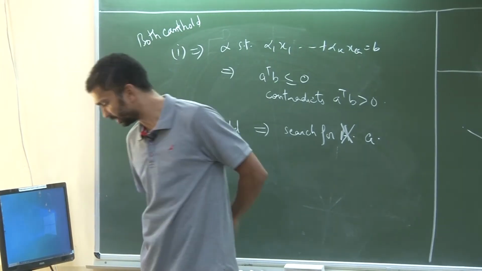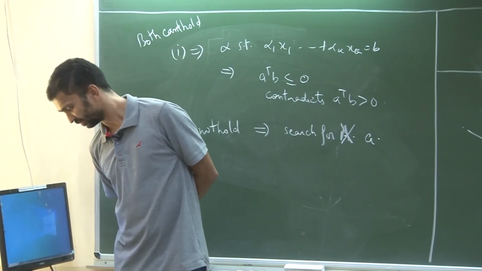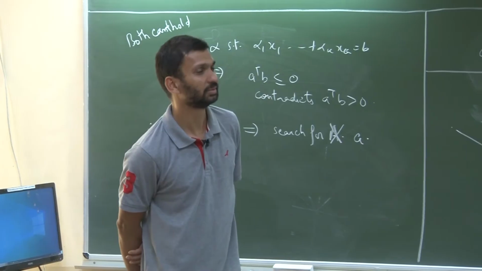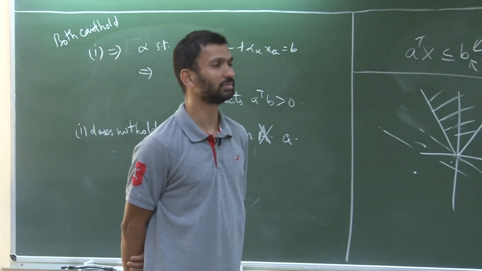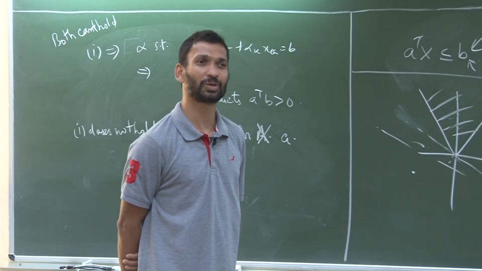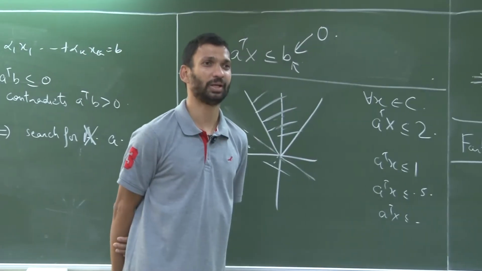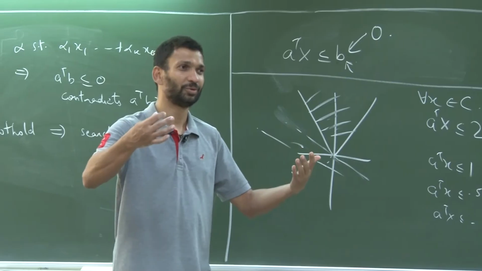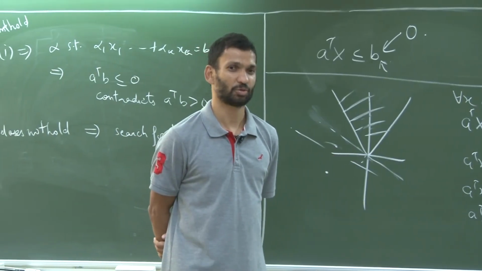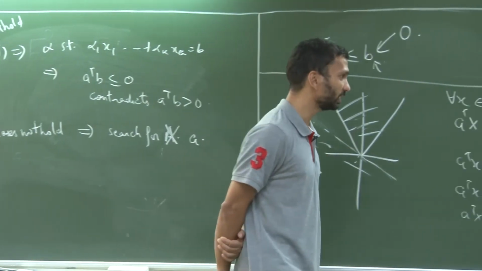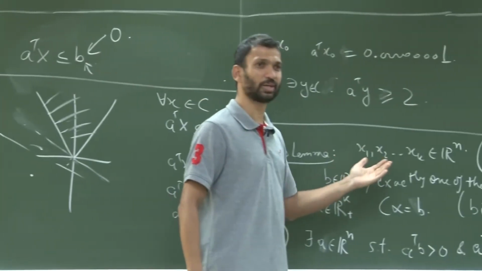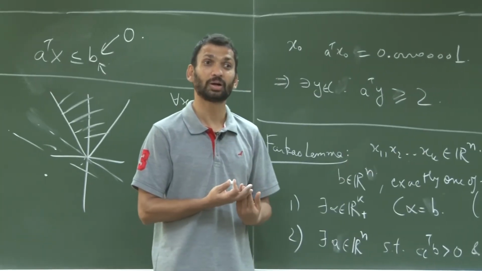And this will require this old theorem which we had seen two or three classes before. We know cone in multiple ways. A finitely generated cone can be thought of as positive combinations of x1, x2, xk, or